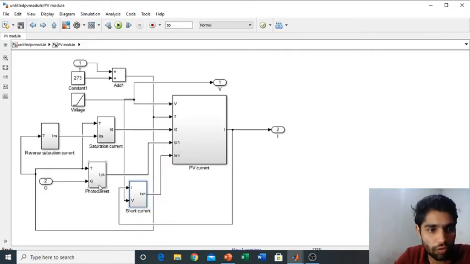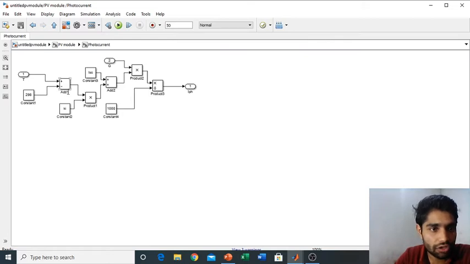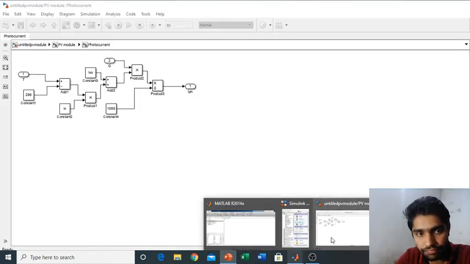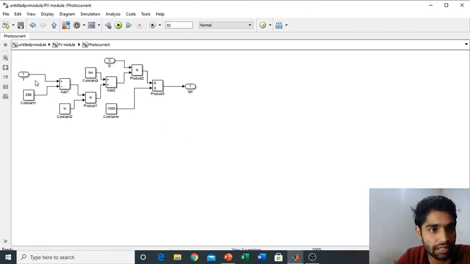And one thing remaining is the photo current. So this is the photo current, and the equation of the photo current is: photocurrent Isc plus Ki, this constant, and G. So basically I subtract these two quantities, take the product with Ki and add with Isc, and multiply it by G by 100. You can see the mathematical modeling.